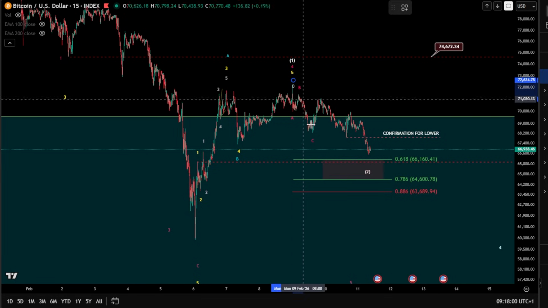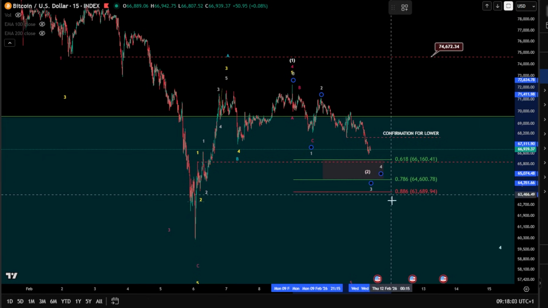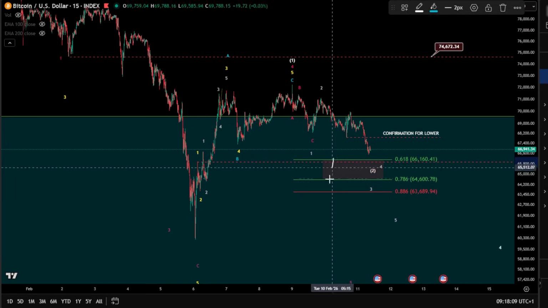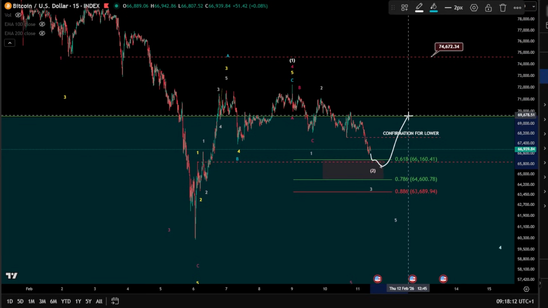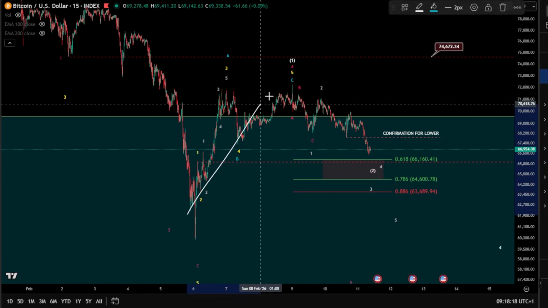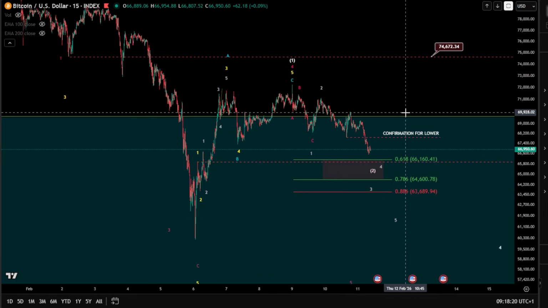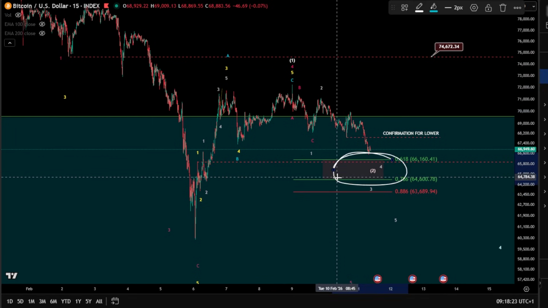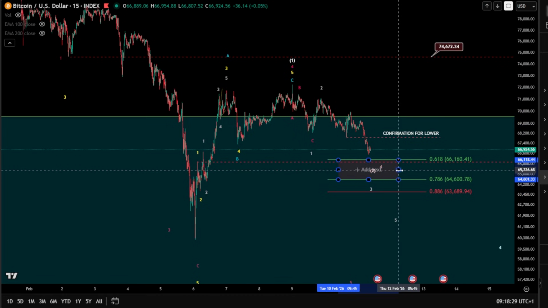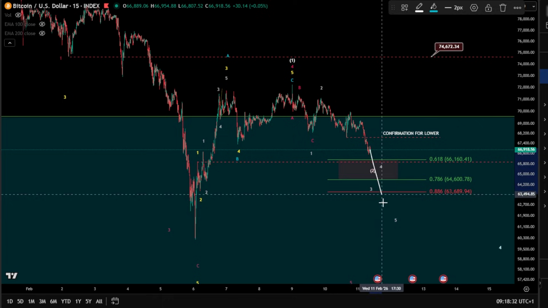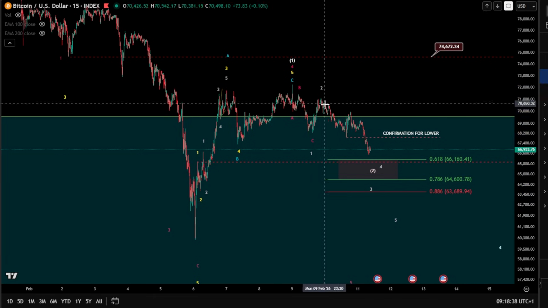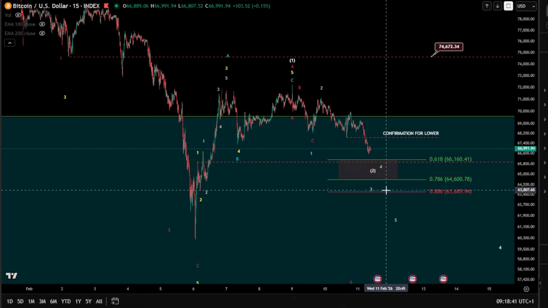What if we have this 1 2 and then 3 4 and a 5 toward the downside? Otherwise, you are also here testing area for a wave 2. We'll see. In case we get a strength signal, we might shift higher again as an A, B, and a C, or 1 2 3 4 5 toward the upside. So currently, I'm going to watch what happens inside this area, because in both scenarios we're going to need it. Even if you are bearish, you're going to break it. Even if you are in A, B, C here, the wave C is unfinished and potentially is 1 2 3 4 and a 5 internally still unfolding.